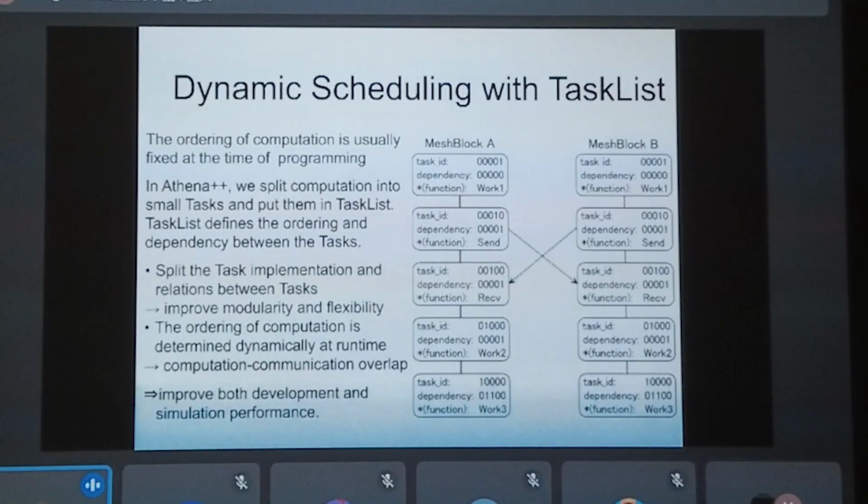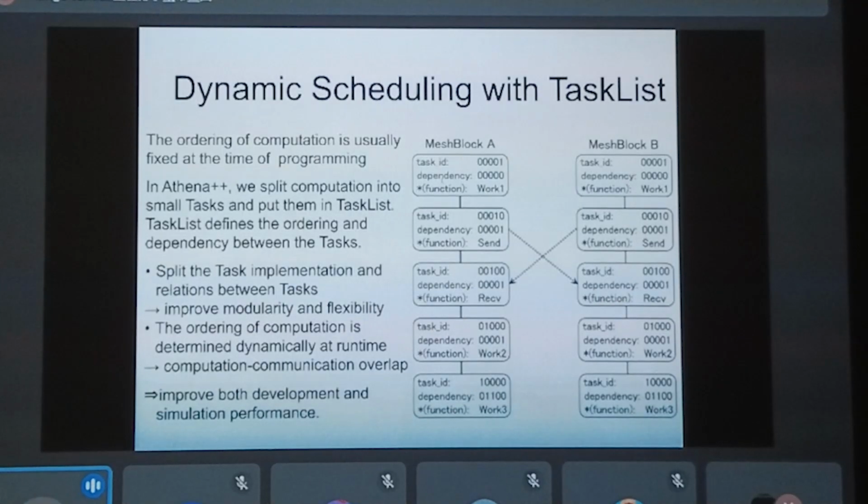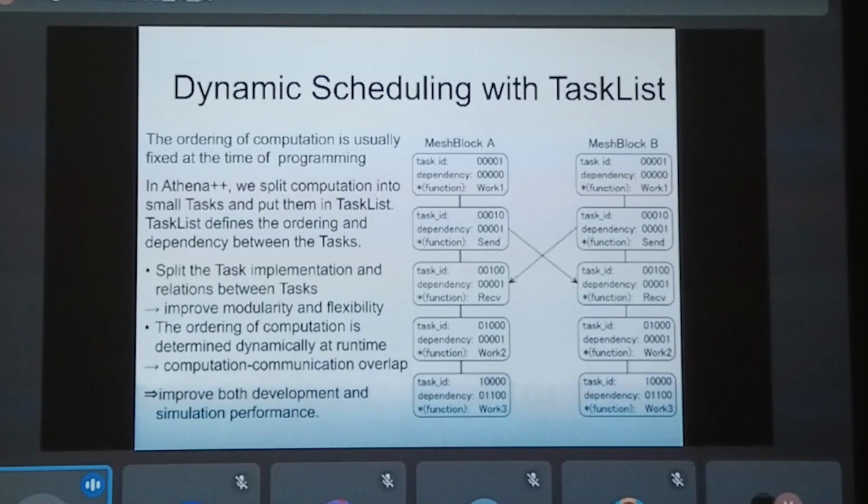So let me explain. In this design, we split computation into small tasks and put them in the task list. So this is a so-called waiting queue with some dependencies.